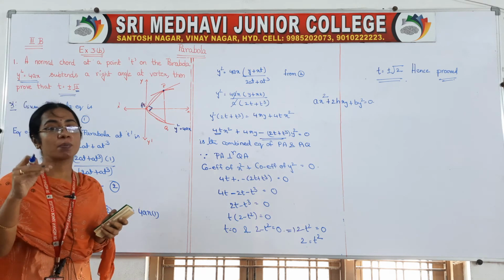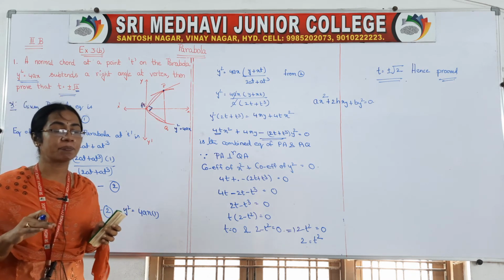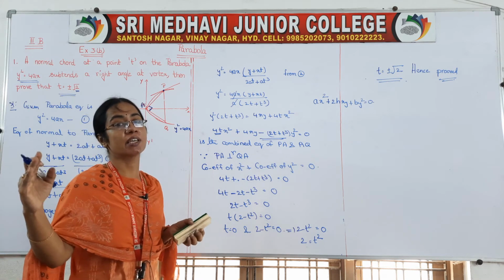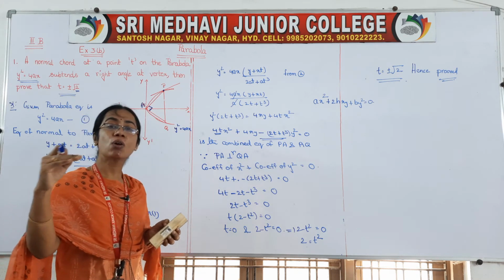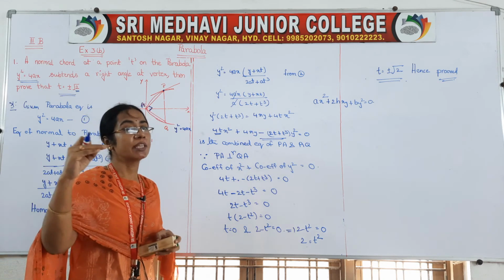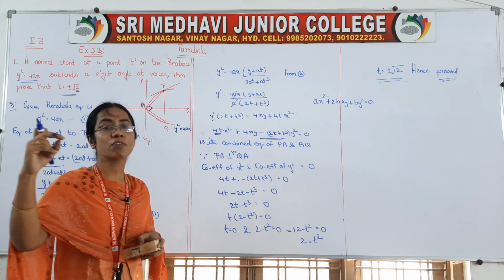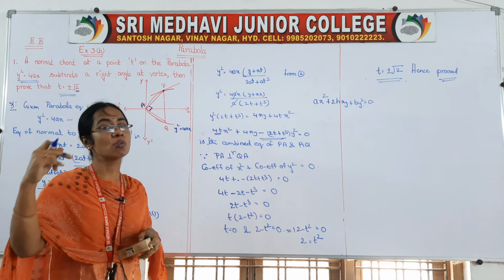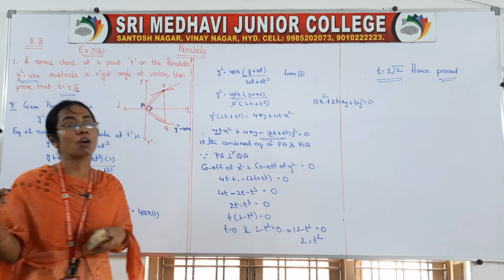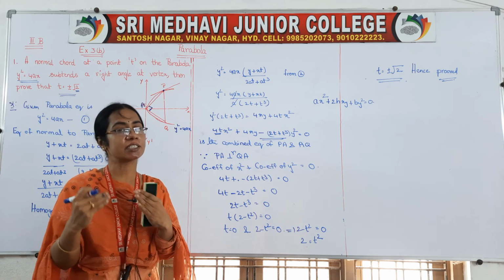we solved the problem by using the concept of homogenization. In first year, in pair of straight lines, last exercise, right? We have gone through the homogenization. So what does homogenization mean? There we will have one curve equation, one line equation. We have to homogenize the curve with respect to the line. Okay, so after homogenization we will get the combined equation of